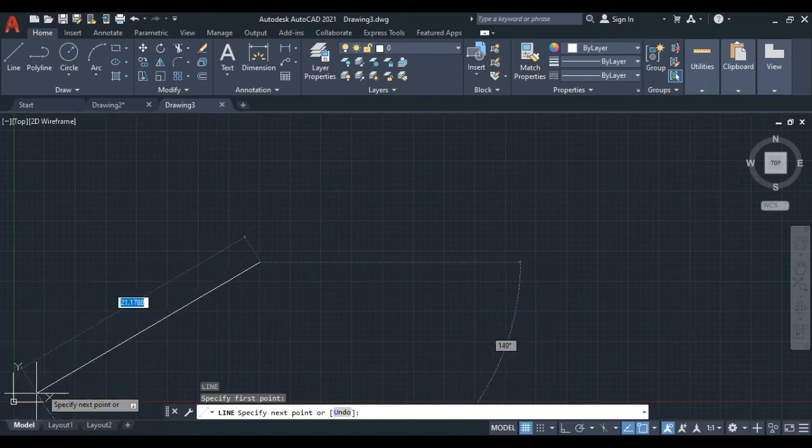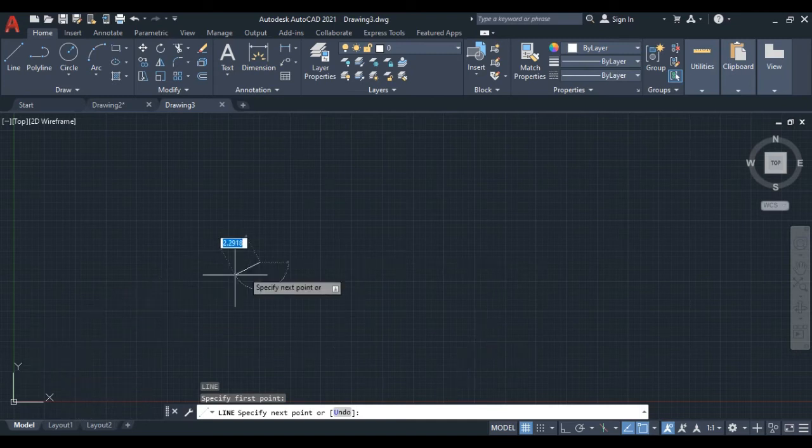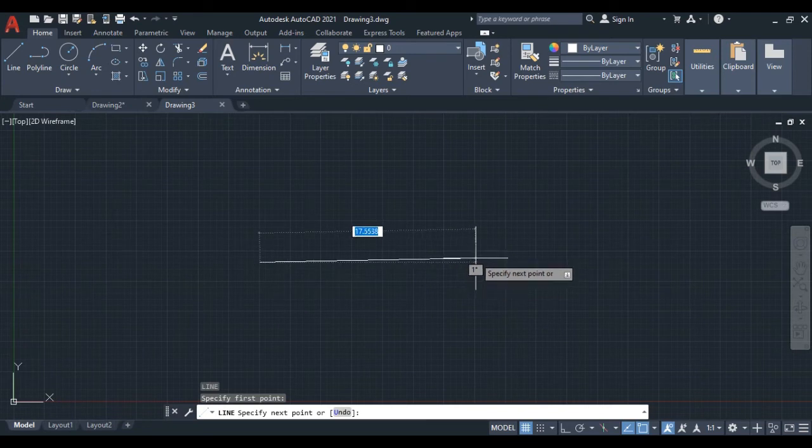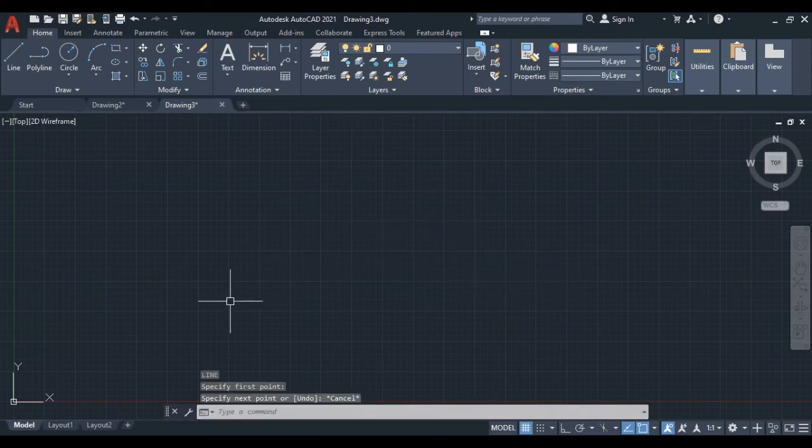So in this coordinate system we get pretty much help by seeing this. The shortcut key is available for all the commands, and all the commands will appear by typing any command.